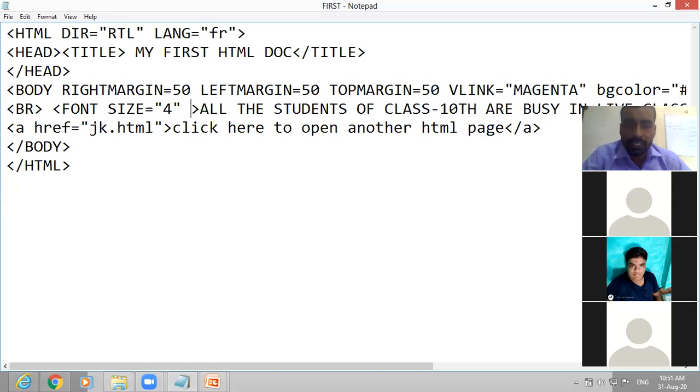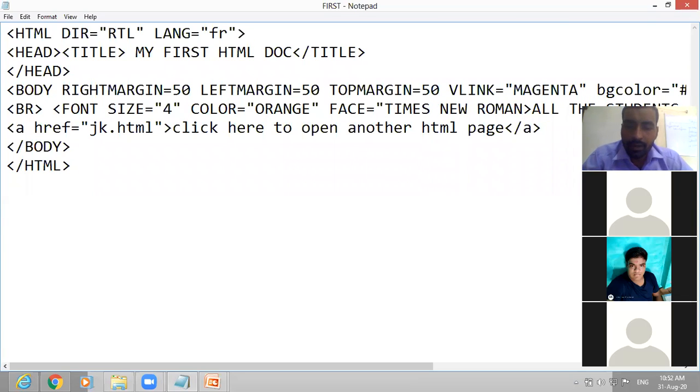Then for color you can write the color of the text. Suppose we want the color of the text as orange, you can take any color. Then suppose face, we want the face as Times New Roman.